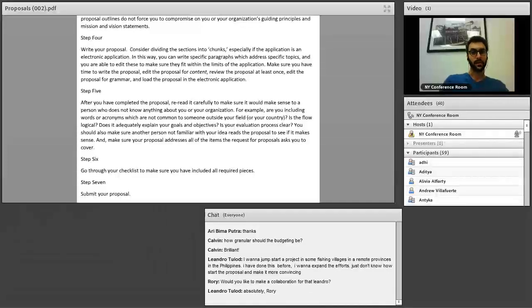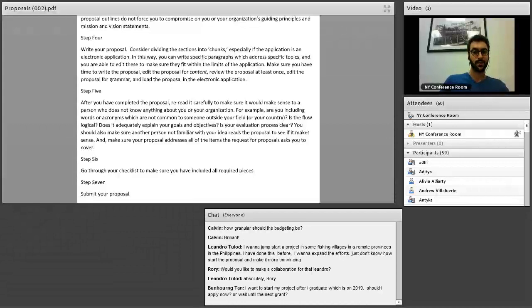And when you're writing your proposal, there are different questions. Divide it into chunks, divide the sections. Especially if the application is electronic, like the YSEALI Seeds one, you can write different paragraphs at different times. Edit. Notice we have until November 15th, and we have 4 different webinars going on in that period. This is the first of 4. The first one is this general overview. The second one will be on budgeting and how to put together a budget.